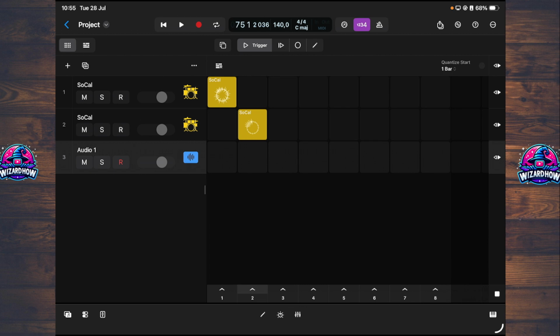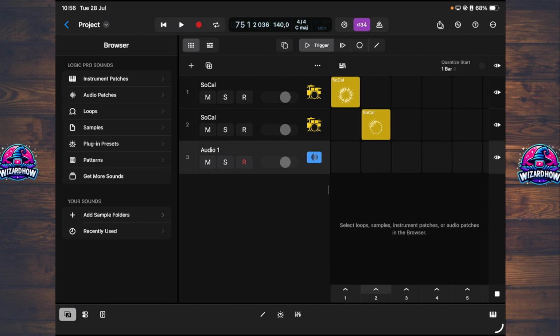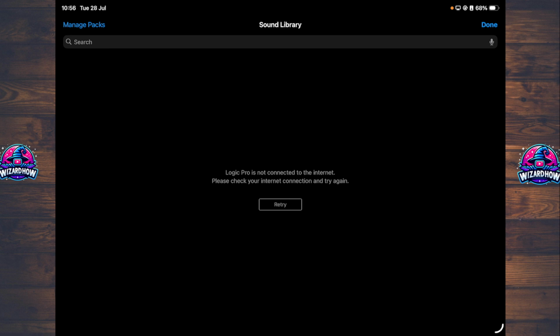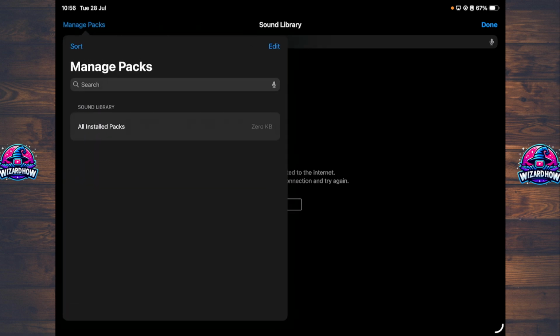So open Logic Pro on your iPad and then hit the bottom left icon, and after that jump into the Get More Sound. Okay, so now we are in Sound Library. Tap Manage Packs right here at the top left corner, and now you can start browsing installed packs to free up space. So what you are going to do is, if you find one pack that you don't use,